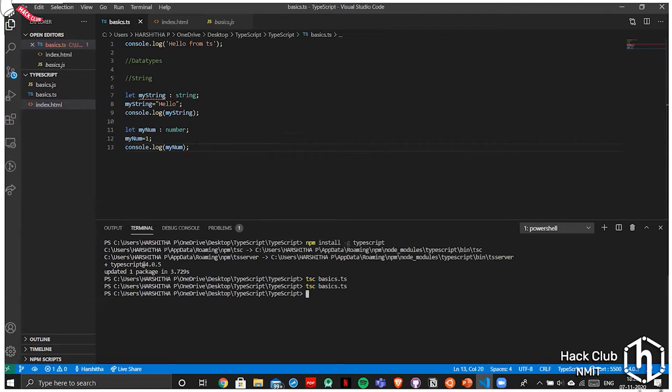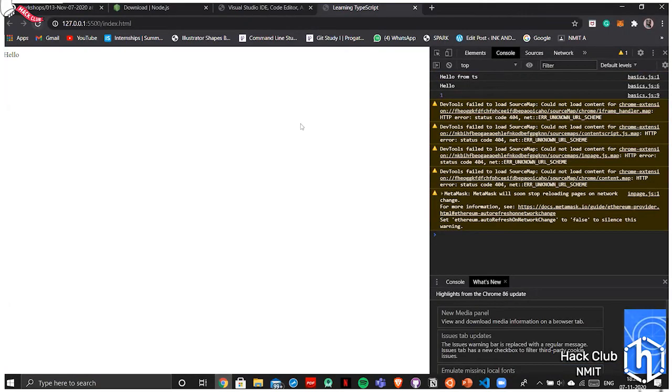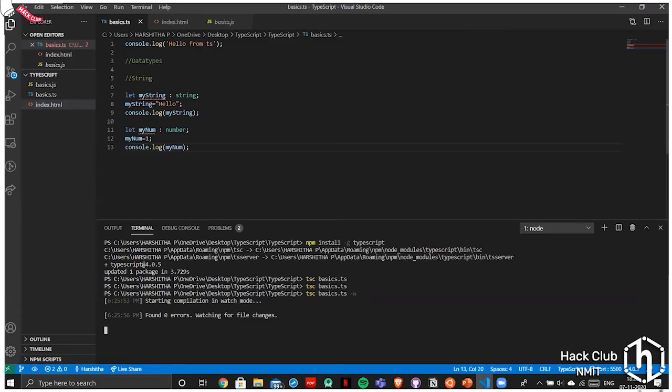Save, and then what I'm going to do here is instead of putting in the command again and again, you can run it in watch mode. It's just the same command with -w and run it, and this keeps compiling on its own. Yeah, so 0 errors found. And go back here, and then yeah, you got a 1 here.